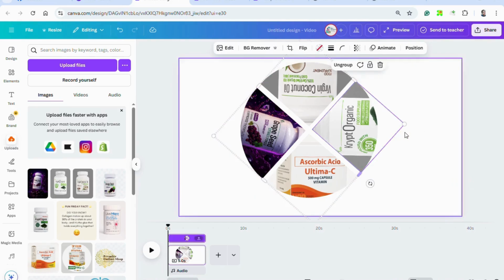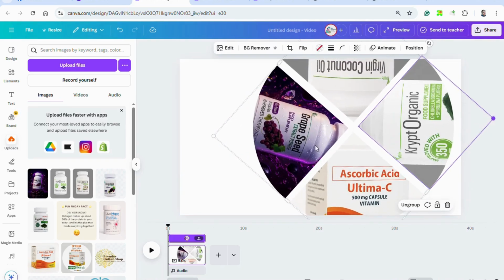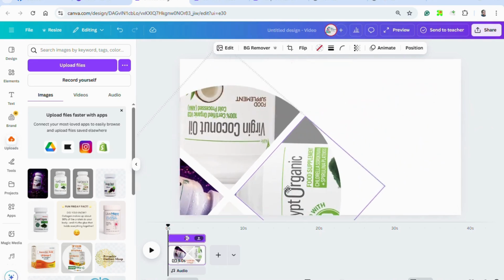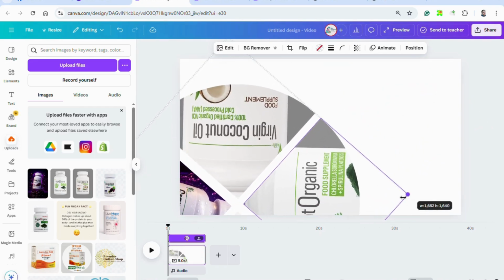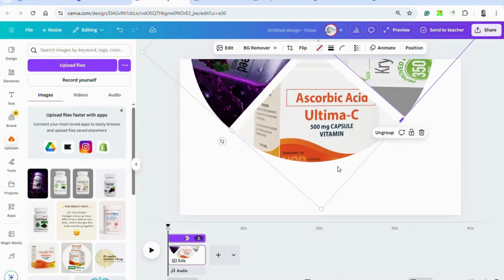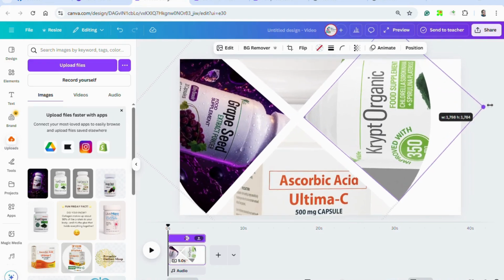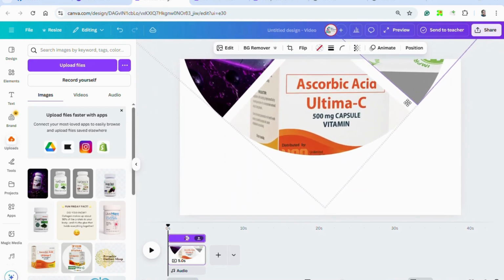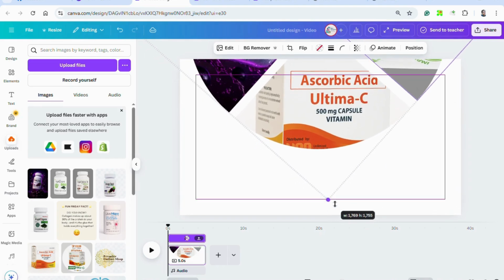Now let's make it bigger. There we go. A bit bigger. And then let's arrange it like this. Now let's make it a bit bigger. Okay.